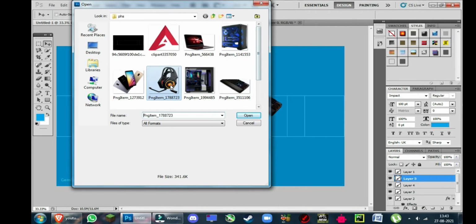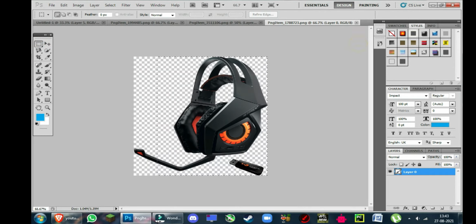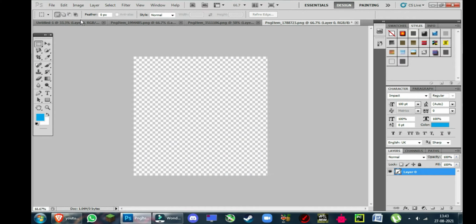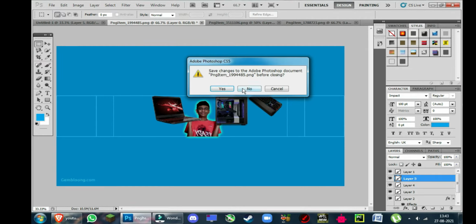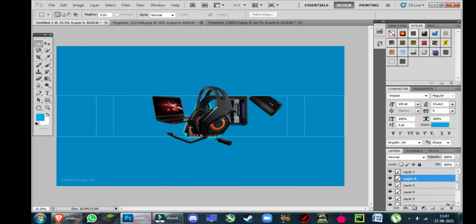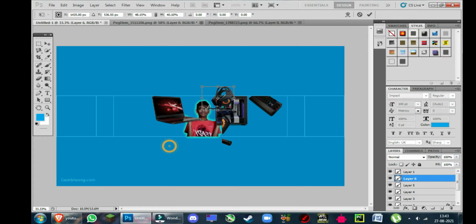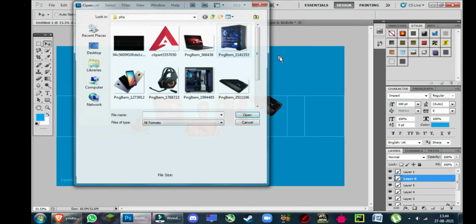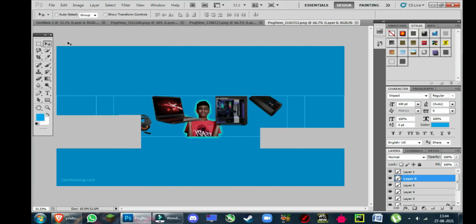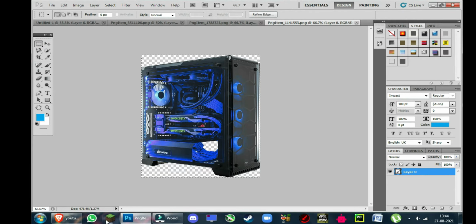Then here and here you can place things anywhere in between, because rarely people use tablets. So you can paste anything such as a PC. Then you can Control X and Control V, and I'm going to make it a size, and I'm not even making it normal. I'm going to rotate this. If you go above, you can get the rotate option, so you can rotate it and click enter. It'll get done. You can paste it here. It looks nice. It looks exactly like my banner.